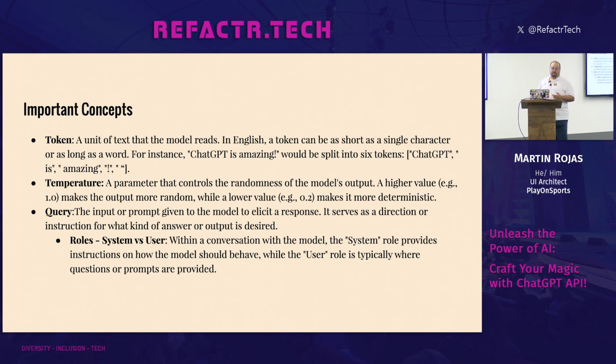And then finally, the query: these are the messages that go back and forth. With the API, the model has no memory. You are sending everything back and forth, and it analyzes the entire conversation every time. So it is your responsibility as the developer to send it everything that it needs. It takes everything that you send it, analyzes it, gives you an answer, and then forgets about it. With the OpenAI API, one of the good things is that when you're using the API and you're paying for it, they are not keeping any of that data for training, so you can use it for